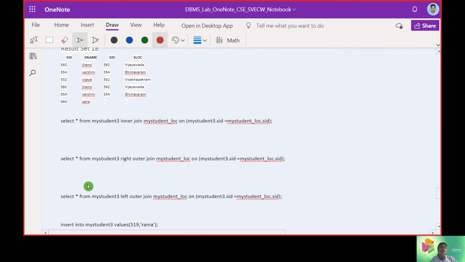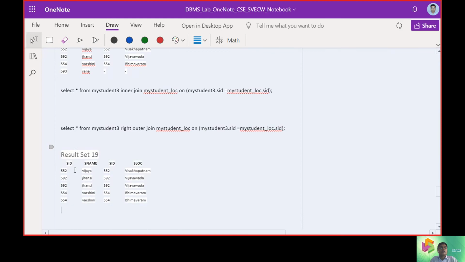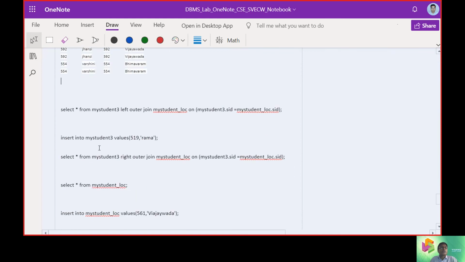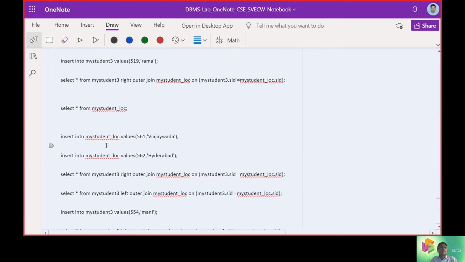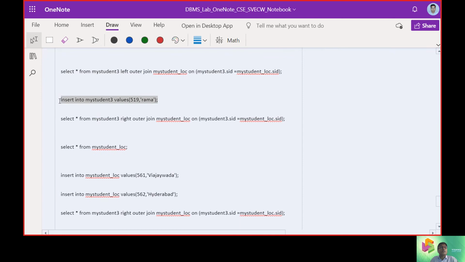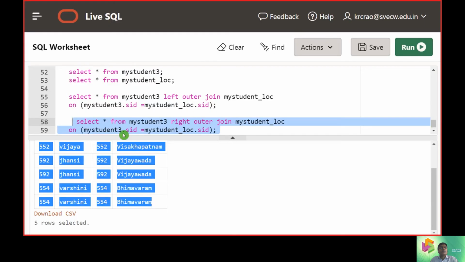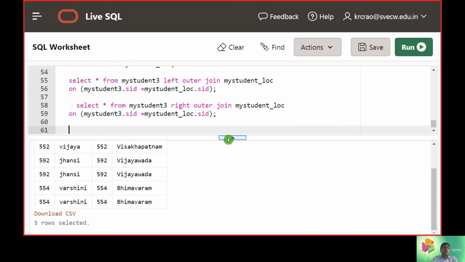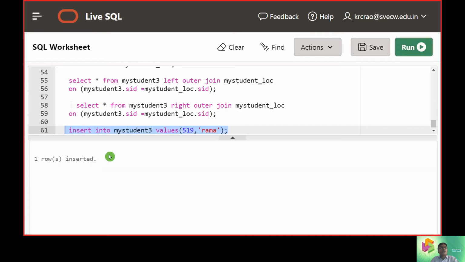I just want to understand what happens when the values differ. To have a clear understanding, we will now insert one more value into my student, because we need to have the null demo. We need to understand the null demo.